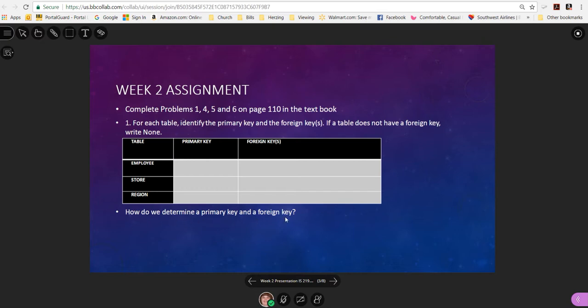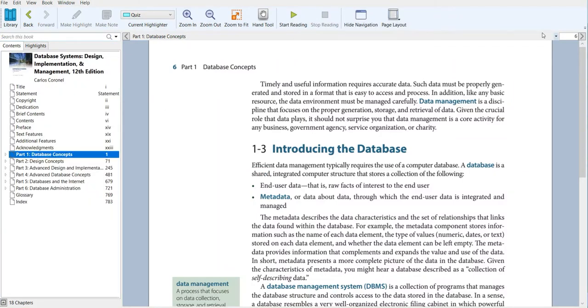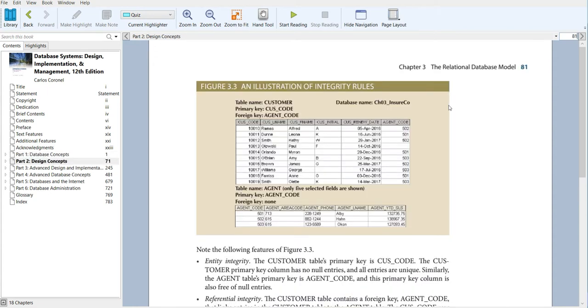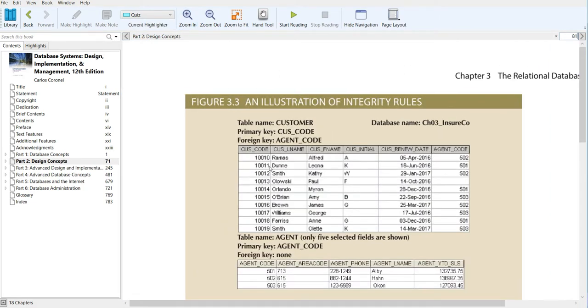How do you determine a primary key? Well, if we go to the book, I think it was page 81. So look, if we look at this table,